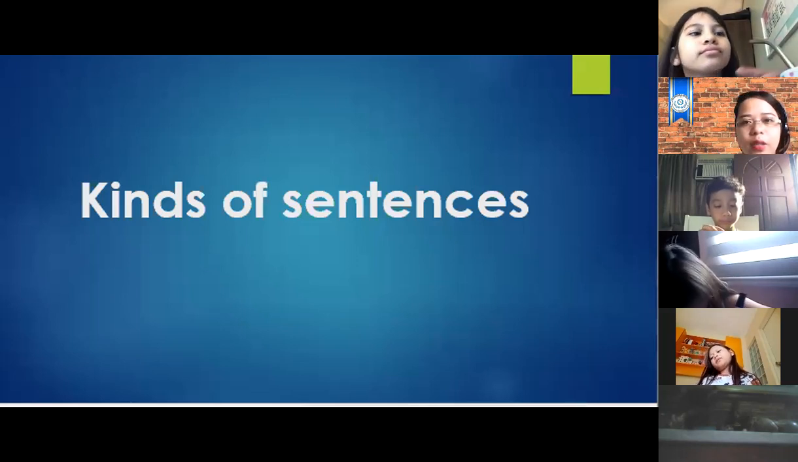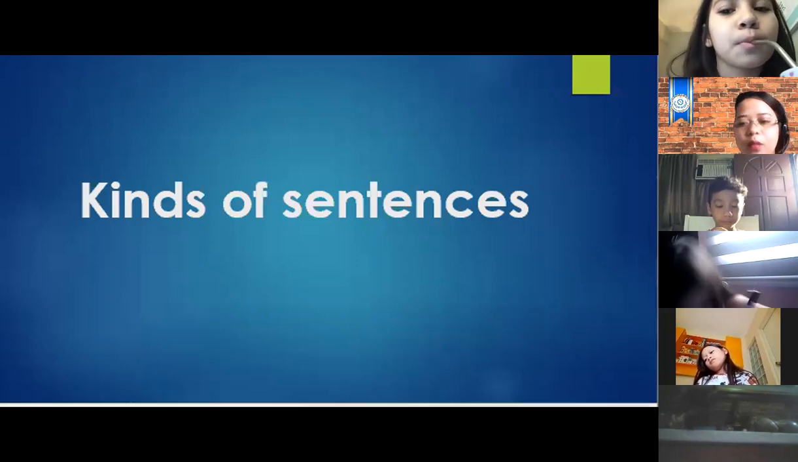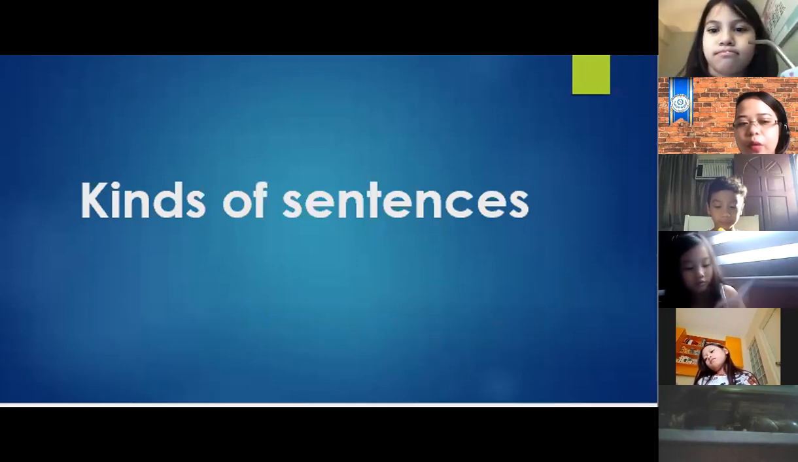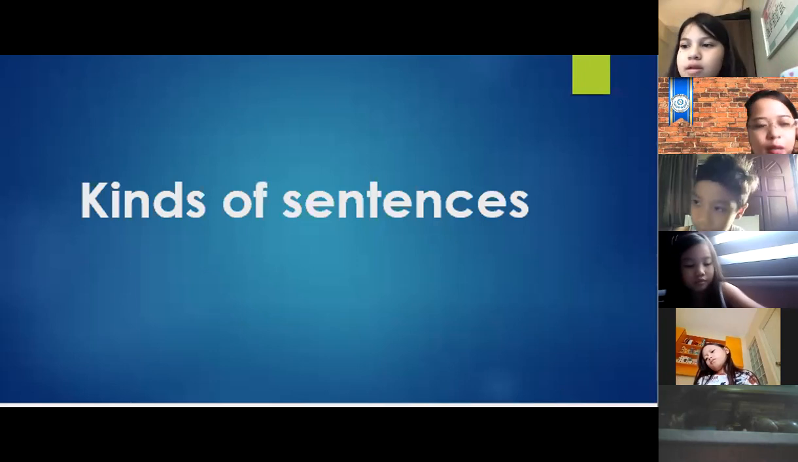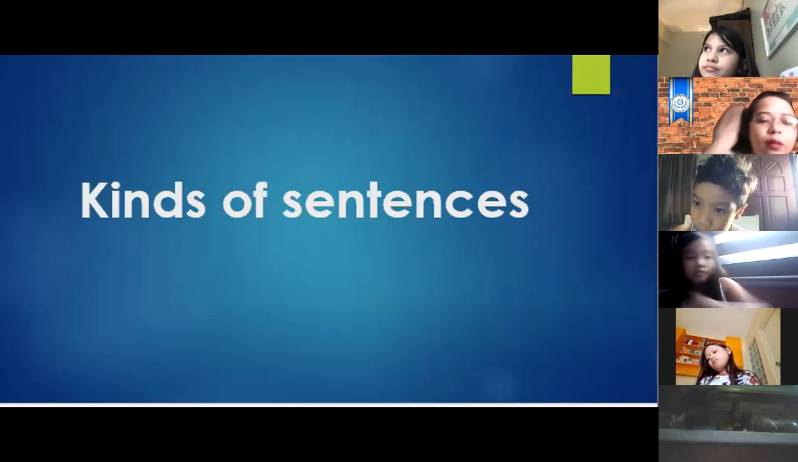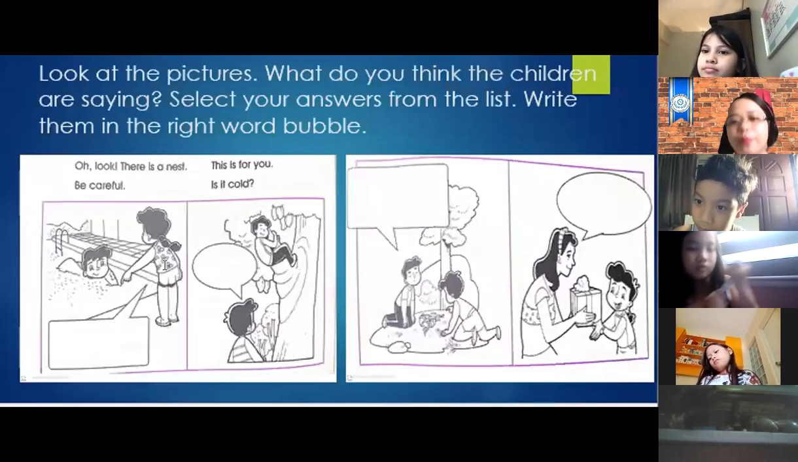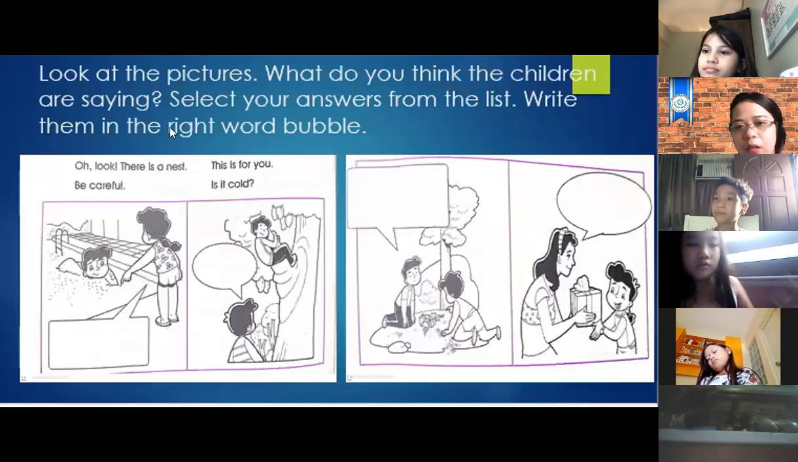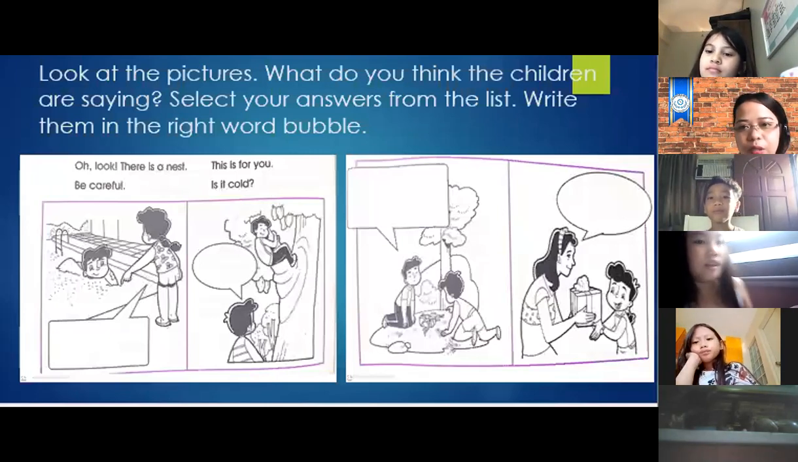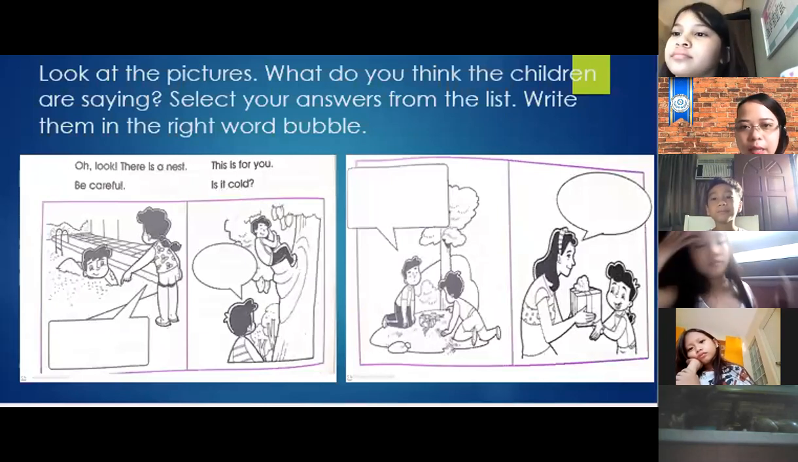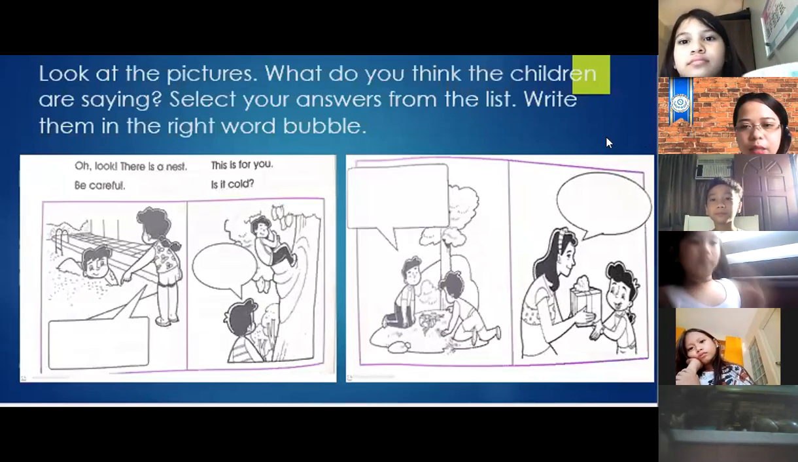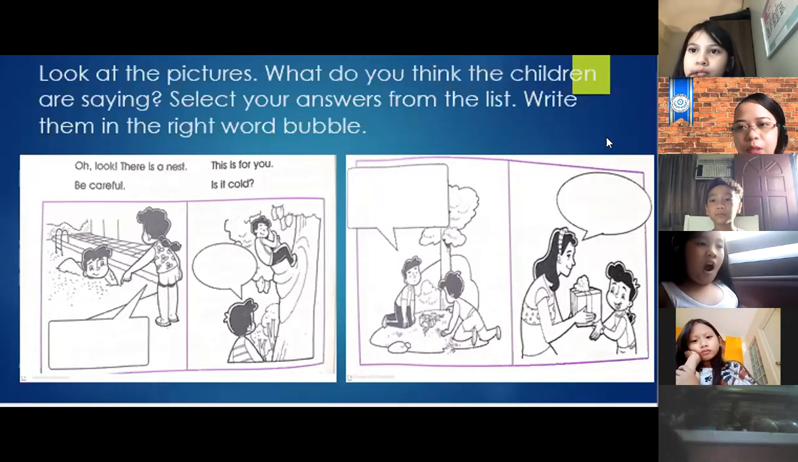Okay, so let's start now. Today we're going to discuss kinds of sentences. So what are the kinds of sentences? We're going to find out. Now let's take a look here. Look at the picture. What do you think the children are saying? Select the words